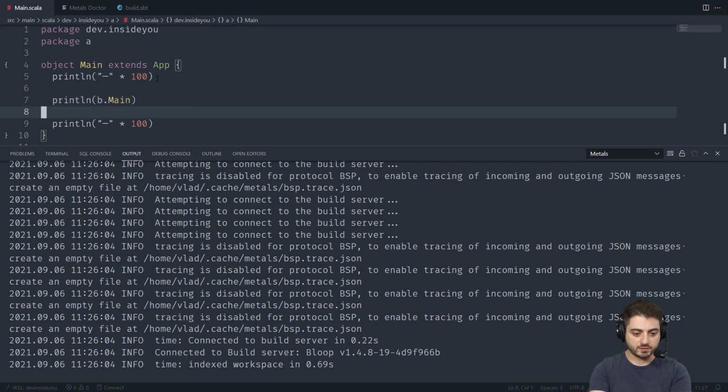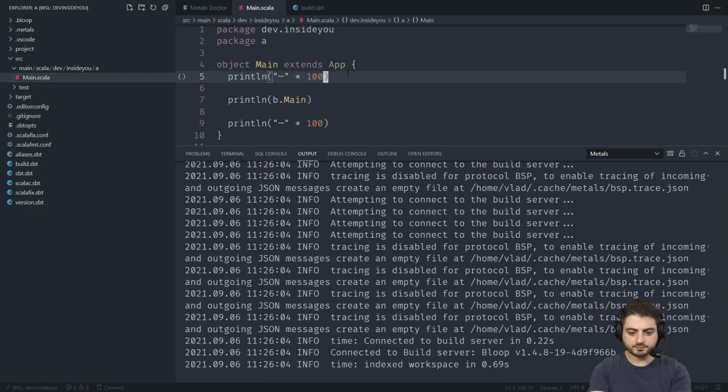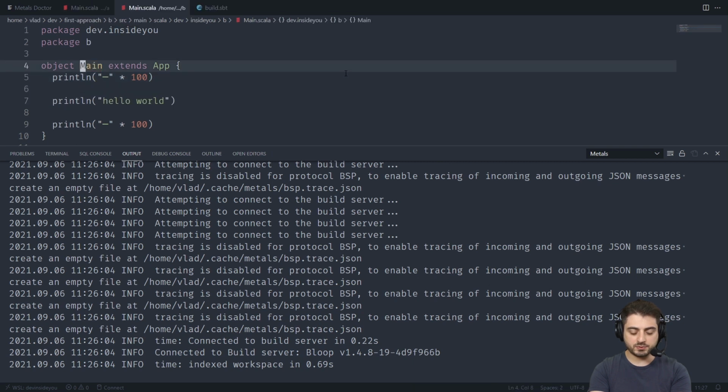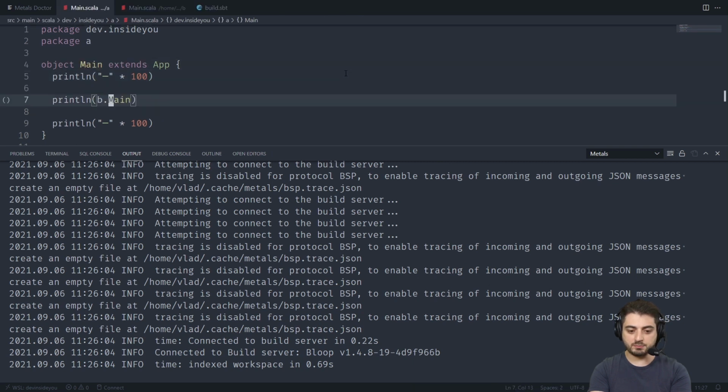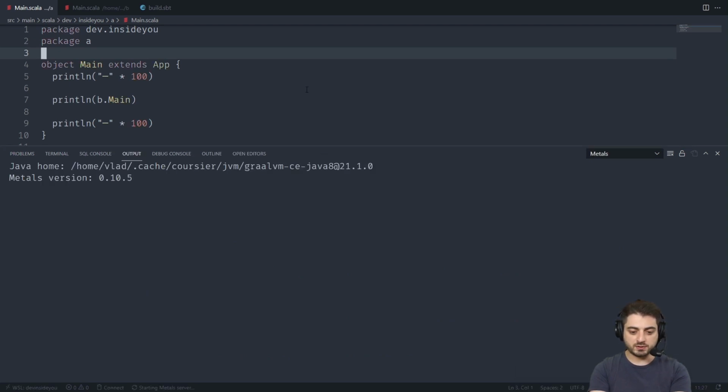something is still wrong. Hold on. Let's close the file and open it again. Like these things sometimes happen, right? But we already should be able to jump in there, right? So we just jumped into main and back, but I'm not seeing the lenses, and I don't know why. This sometimes happens in VS Code. I'm not even sure if it's Metals' fault or not, but it should actually work fine.